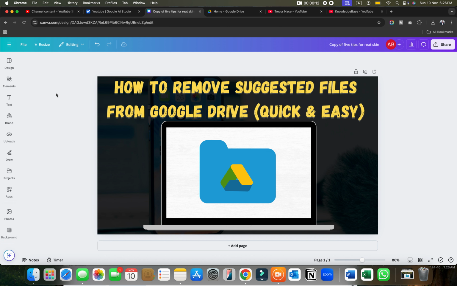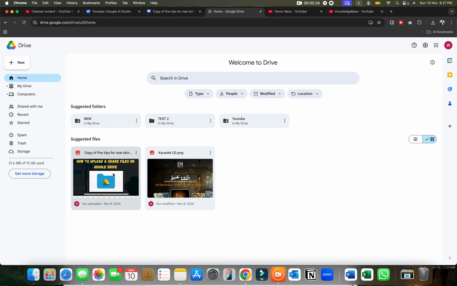In today's video, I will show you how to remove suggested files from Google Drive. To do this, when you open your Google Drive, as you can see, there are always suggested files here. But sometimes you don't want, for example, to see this picture as a suggested file on your home screen